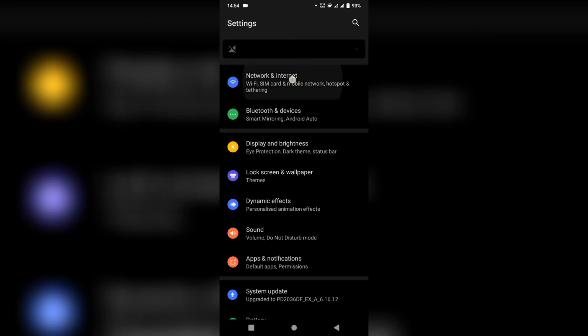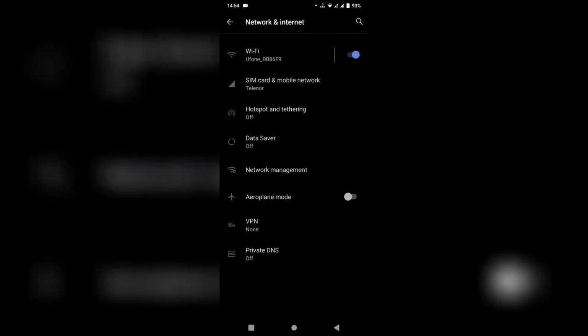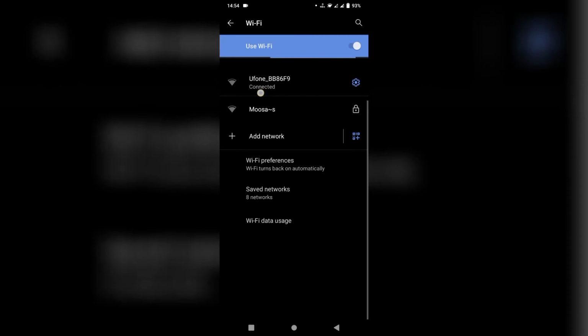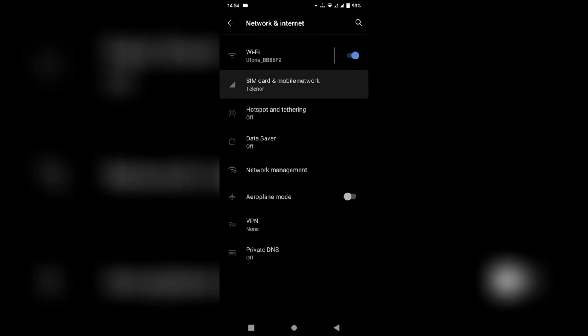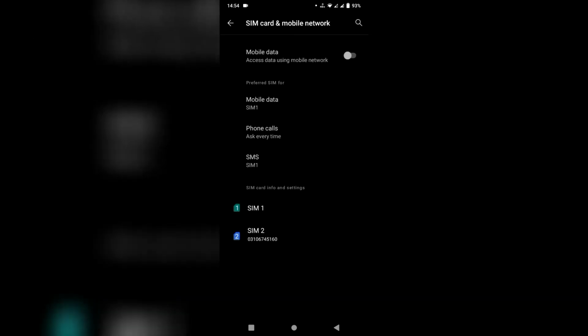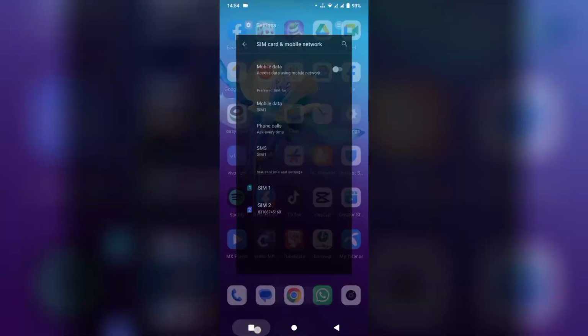and click on network and internet and click on Wi-Fi and make sure that your Wi-Fi is properly connected. So here you can see my Wi-Fi is connected. So if your Wi-Fi is not connected, then go back and click on SIM card and mobile network and turn on your mobile data. So after this go back